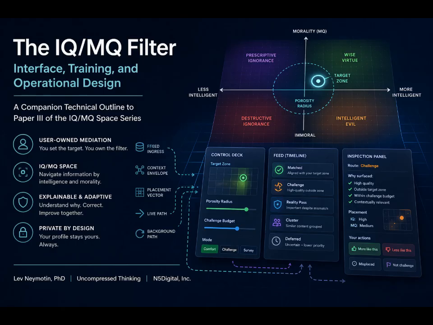That is brilliant. And additionally, the interface offers two distinct ways to consume the resulting feed. There's the timeline surface, which is the standard familiar vertical scrolling list, but it also introduces the space surface. It allows you to literally browse your feeds spatially, panning across the IQMQ map to see where different clusters of conversation are happening. Wow. Treating the feed like an actual topography you navigate is a massive departure from treating it like a slot machine that just dispenses random dopamine hits. It changes the entire paradigm.